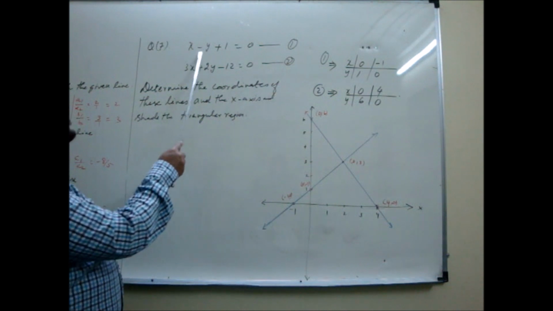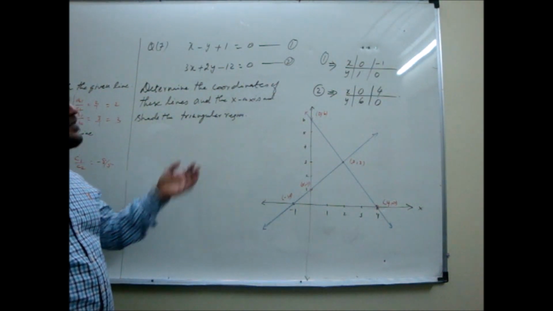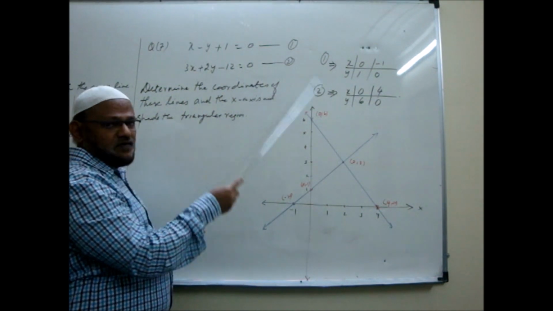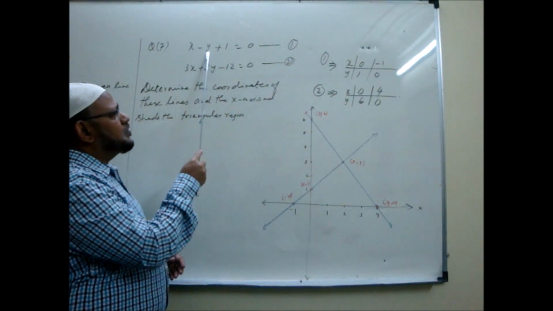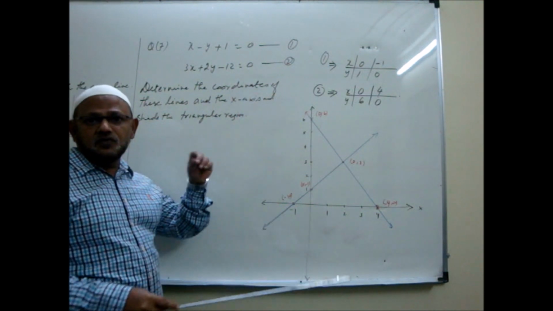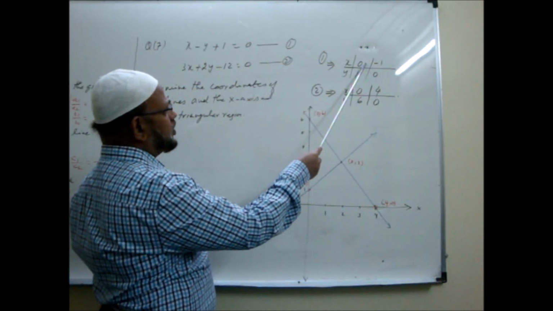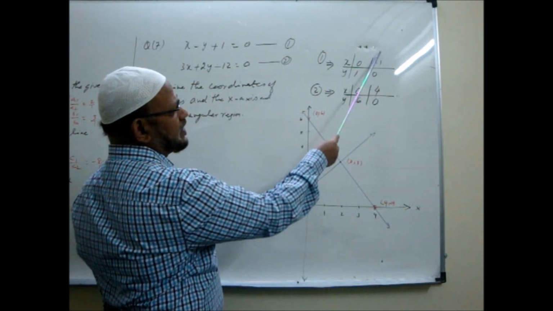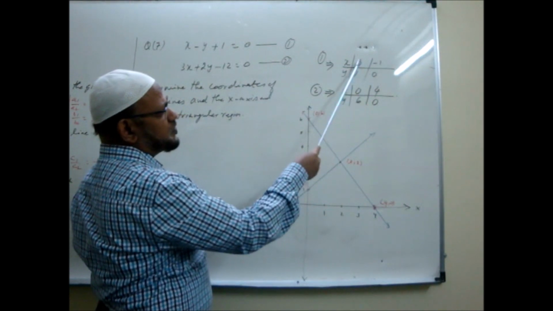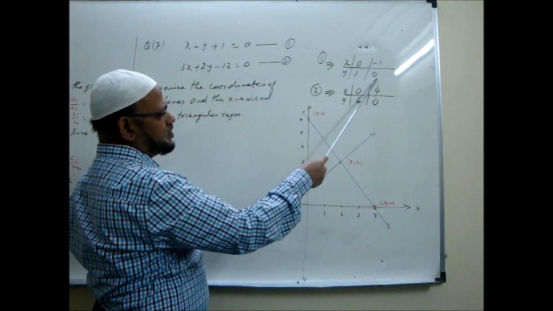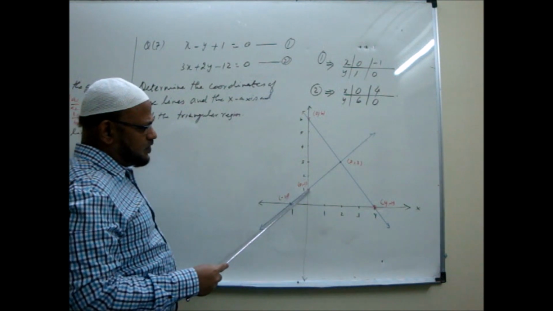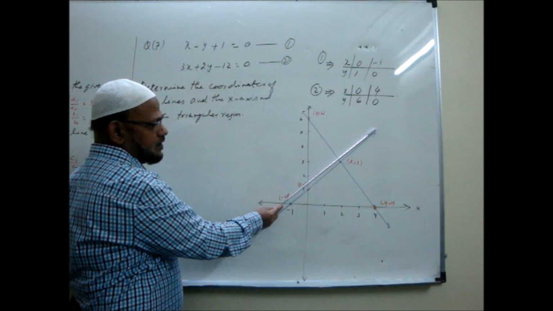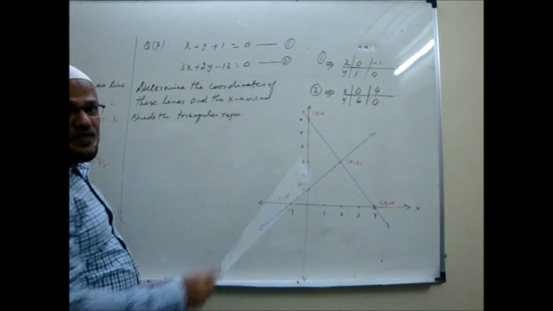Nothing complex. Look here, two equations are given. You find simple solutions. For the first equation, by the method we discussed earlier, put x equal to 0 and get the value of y, and put y equal to 0 and get the value of x. Quick two solutions. Here I put x as 0, I got y as 1. Like that I put y as 0 and get x as minus 1. So 0, 1 and minus 1, 0, two points. Both are plotted and this line is ready. Draw this line first. The second line you also follow the same way.